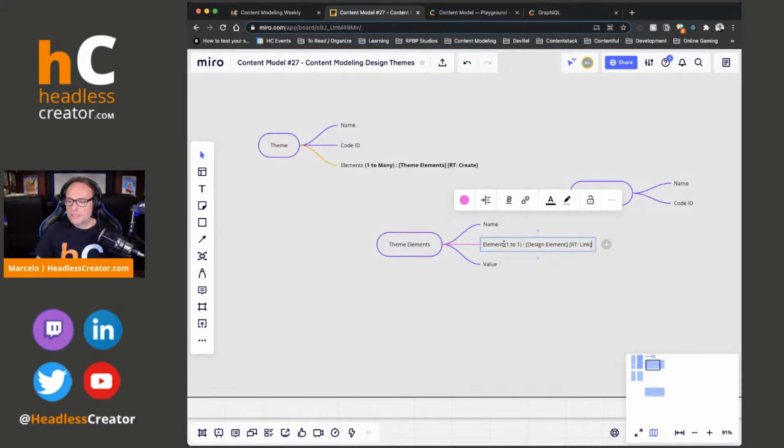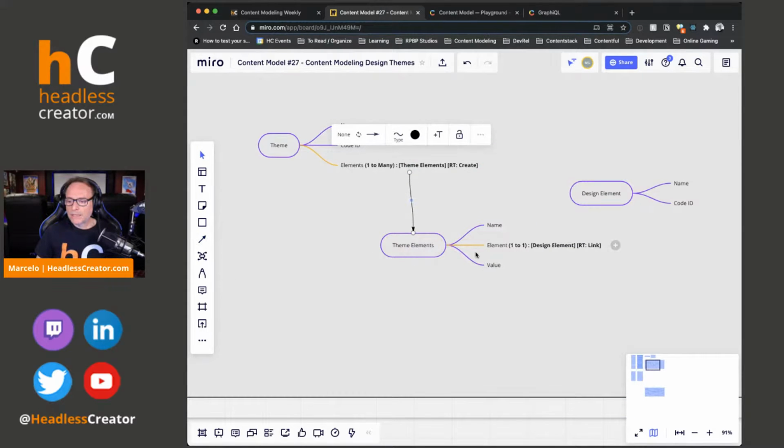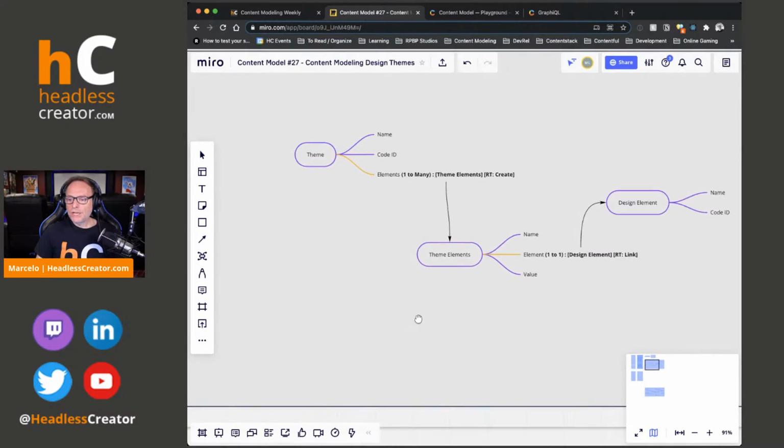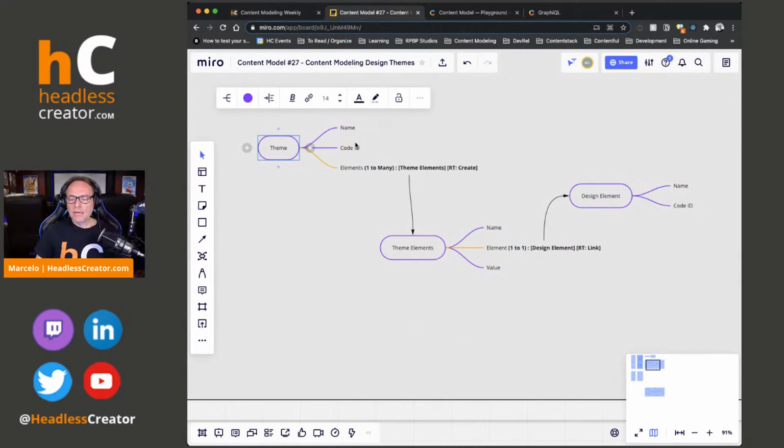But what this does is now, let's bold this, give it the standard. Okay, what this does now is that a theme has many design elements, right? And a design element is really made up of the variable, call it, and the value. So that means that the relationship goes from here to here like that. Okay. So right now we have the ability to create, let's say, a dark theme